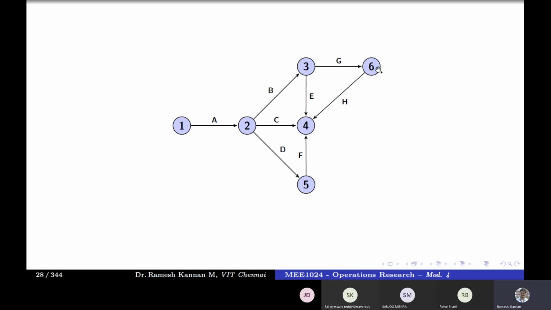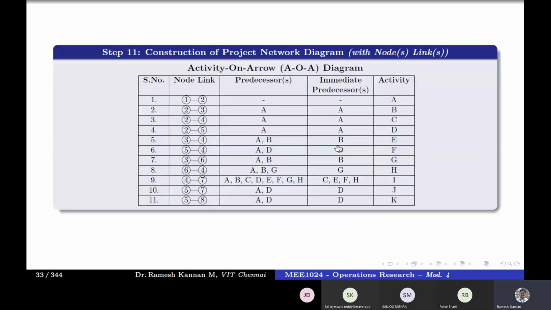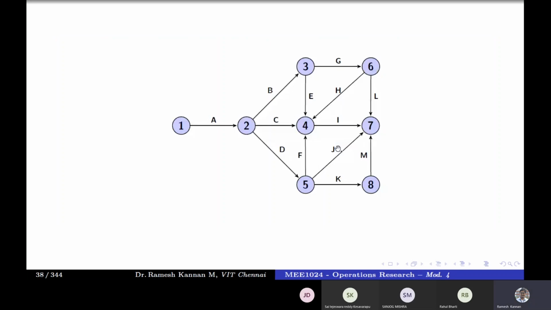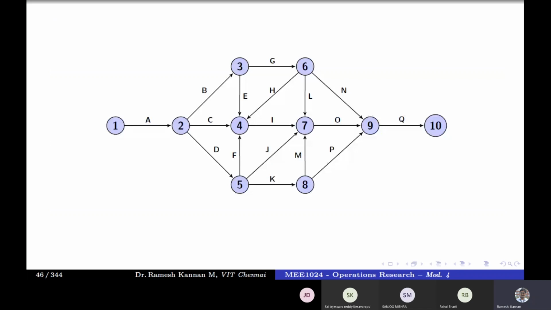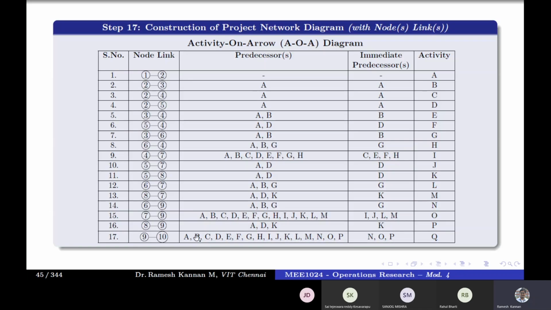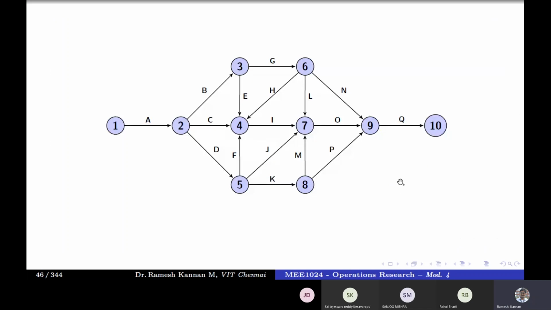Okay, so activity event number 6 to 4, and we can construct this network. It's a very big network, so for the sake of time I'm just scrolling, and finally we get the final activity Q. So Q depends on all these things. So this is basically the network diagram. Okay, so this is what we have constructed in a forward pass, like we have taken from the initial event to the final event.